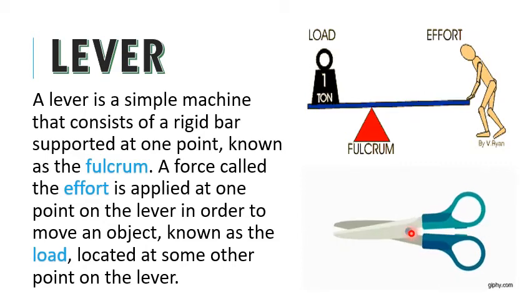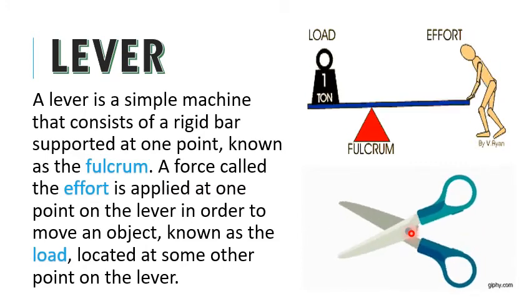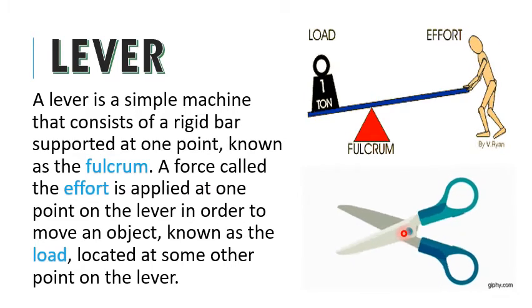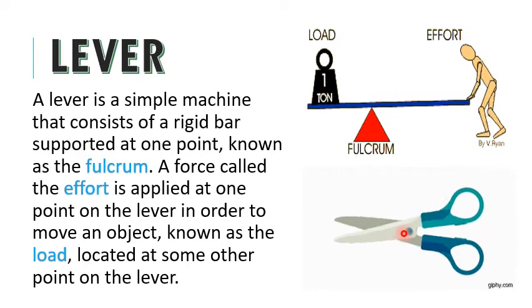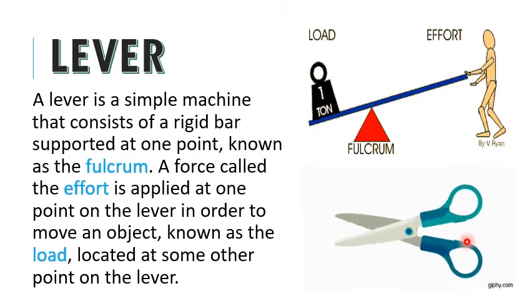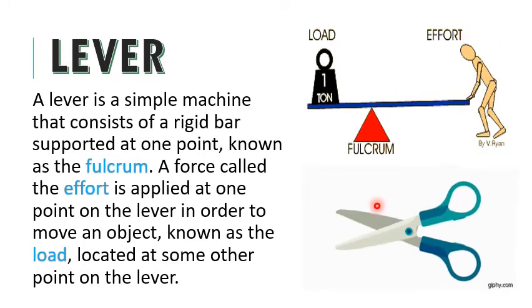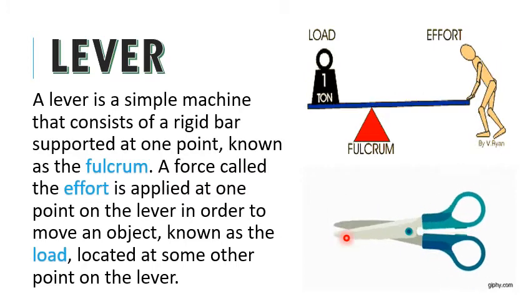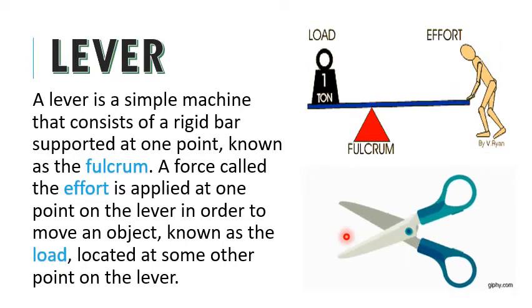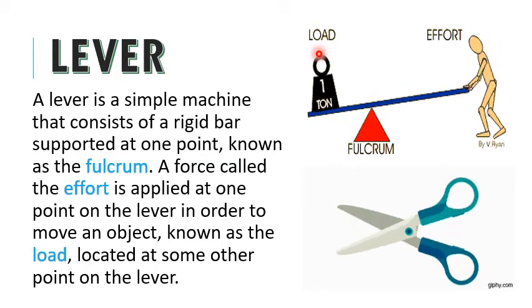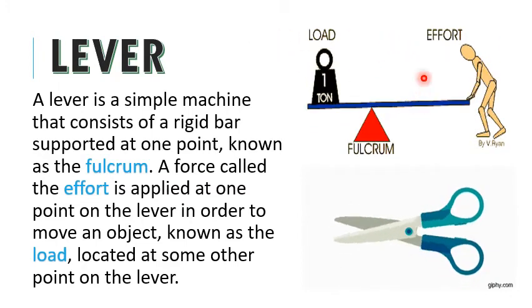Likewise, we can see this thing in a pair of scissors as well. So we'll see that this is the turning point which is just in the middle. This turning point would be known as fulcrum, and where we are supposed to apply the effort, the force would be applied at this one point. So this is going to be the effort. The thing on which the force is applied or the work which needs to be done would be kept here. So this portion is going to be load. This is how we can classify the lever according to the position of load, fulcrum, and effort. So we need to remember these three things very properly.